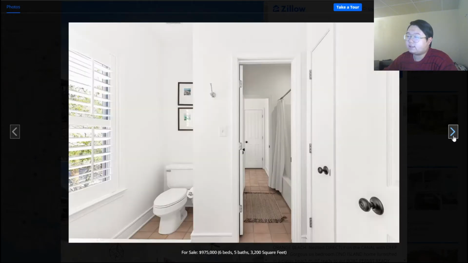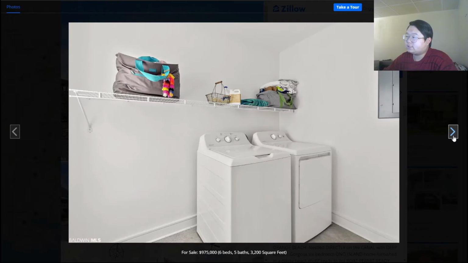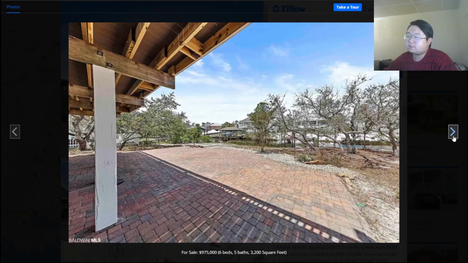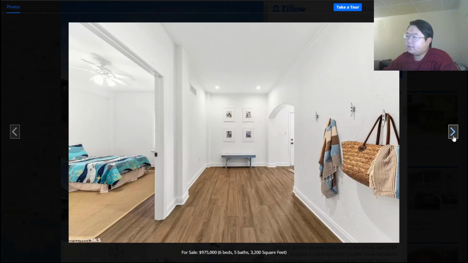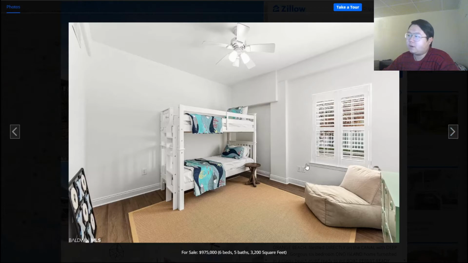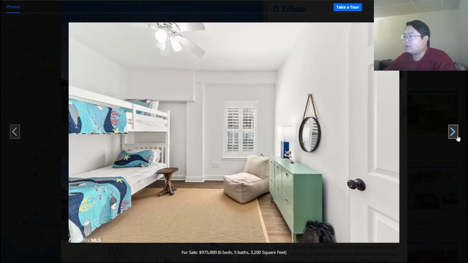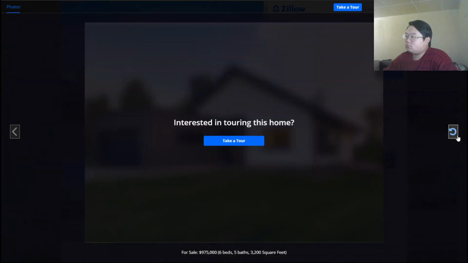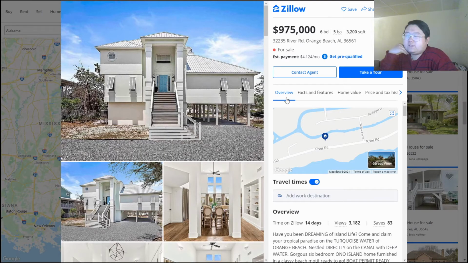The exterior, not so much. This is kind of one of those houses that, outside, looks a little bit funky, but if you go inside, you can see the beauty of it. And obviously it's much larger. I mean, if you have a bunk bed and everything, it's much larger than the last house. I think almost double the size, something like that. So for $975,000, I don't know if